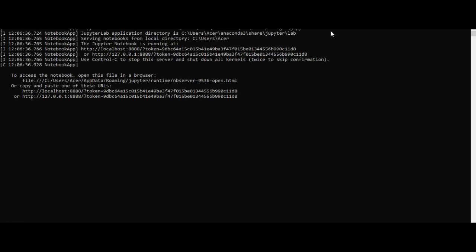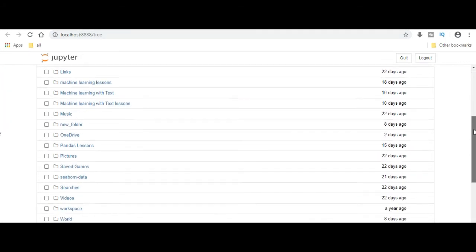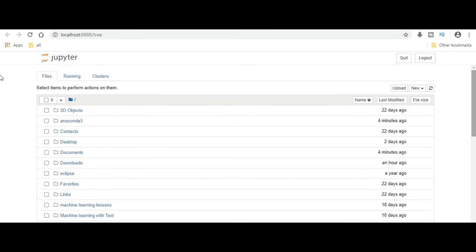and it automatically opens the command prompt, and once it runs some scripts in the command prompt, it opens a browser window with all the files which are stored in Jupyter Notebook. So these are some of the files which are already stored in the Jupyter Notebook. It is one of the best Python script editors. We can have our own IDEs like Spyder or the default Python shell for executing the Python scripts.